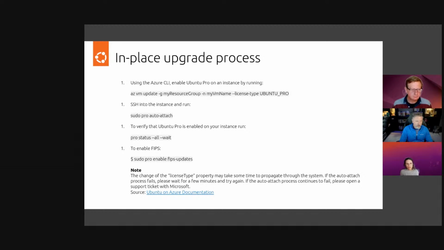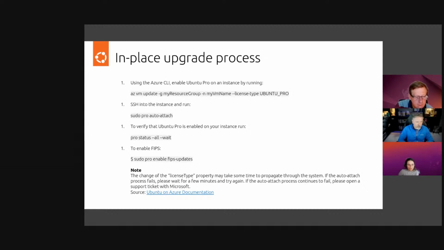In case you're using Ubuntu LTS today, or an Ubuntu without a FIPS version on Azure, and you would like to upgrade to Ubuntu Pro to have access to FIPS 140-3, you can do an in-place upgrade directly via Azure CLI. So this is the process on how you can do the in-place upgrade from Ubuntu LTS, Ubuntu Server, to Ubuntu